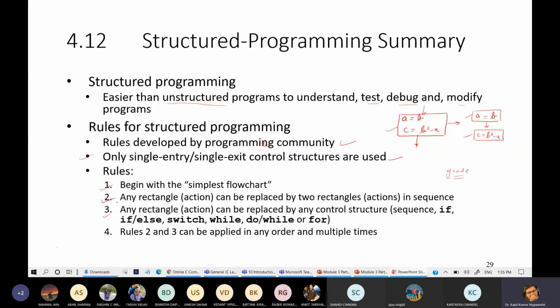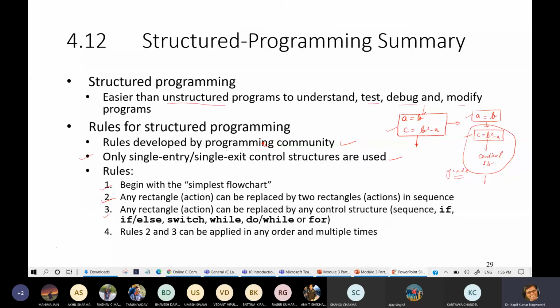The third rule: any rectangle can be replaced by any control structure. See, this rectangle we can replace by a control structure, the lower one. Because I am interested in only a positive number, and sometimes it may happen that the answer will be negative.